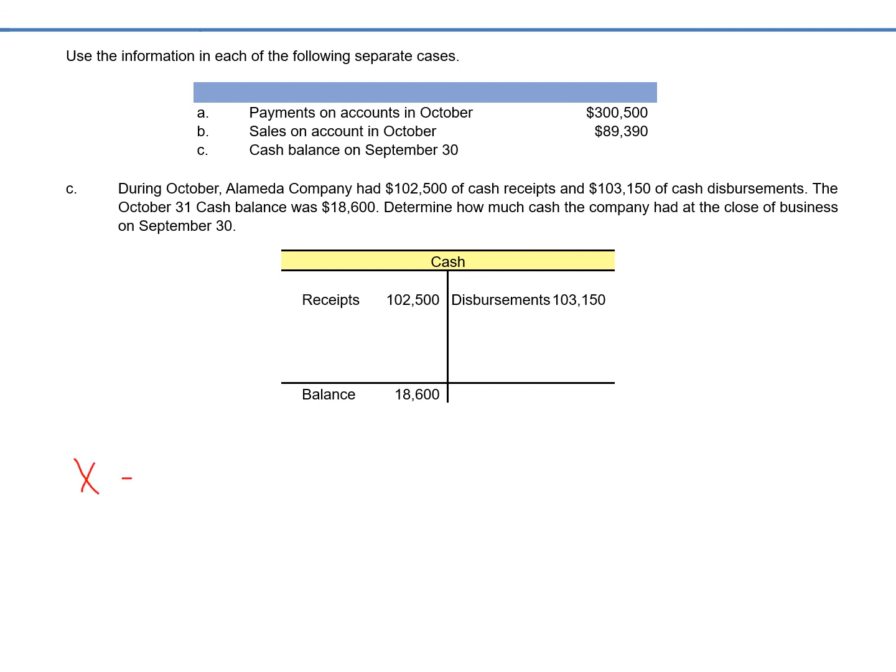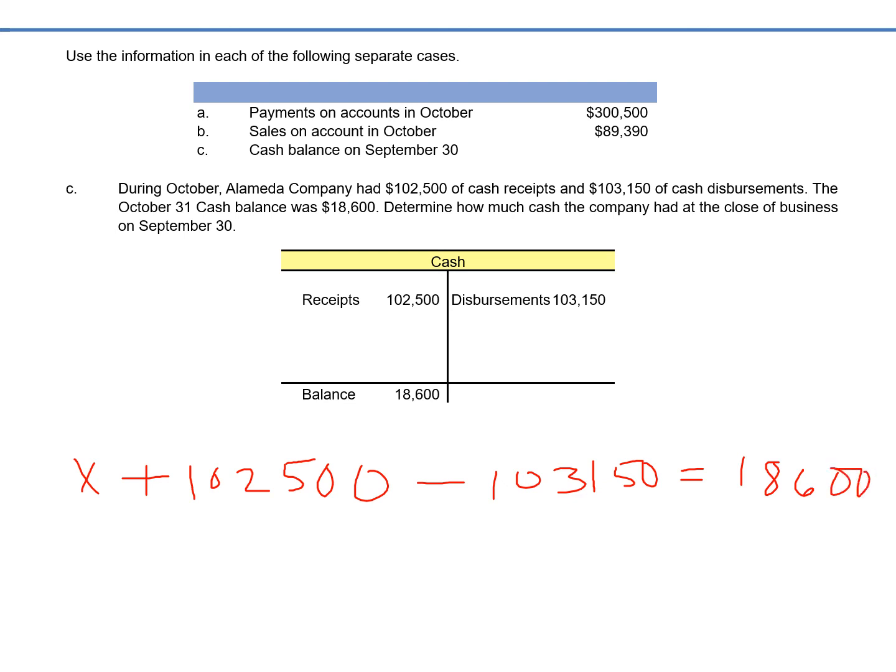So X plus 102,500 minus 103,150 equals 18,600, right? So if we do the same thing and we solve for X, let's subtract 102,500 here, add 103,150 here,